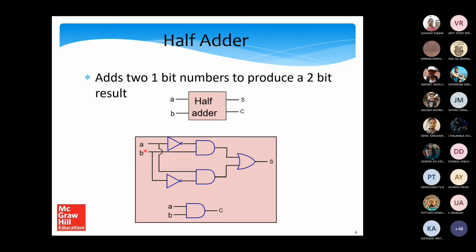So that means when you give the inputs A and B, you don't get the output S instantaneously. Even if each delay is very small, when you add up all these delays, you get the maximum delay. For example, in this circuit you have three gate delays: the delay of the NOT gate, the delay of the AND gate, and the delay of the OR gate. All these delays are added together, and your final delay for S is like this.